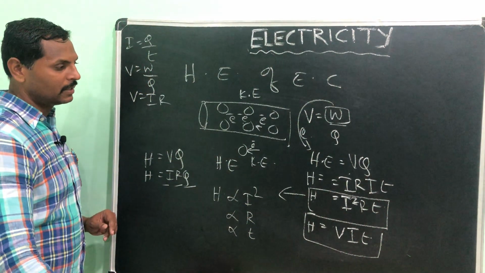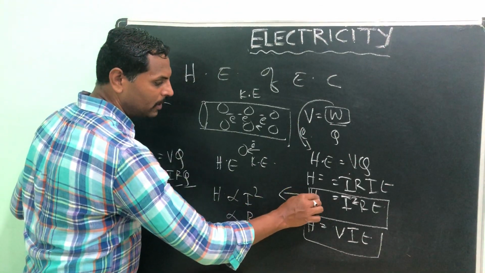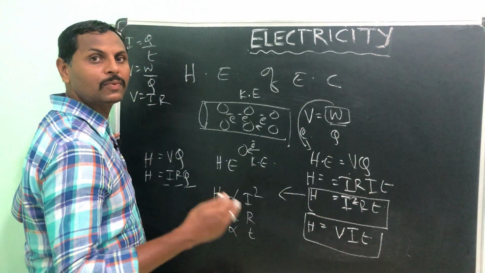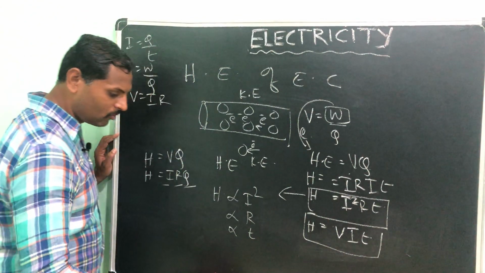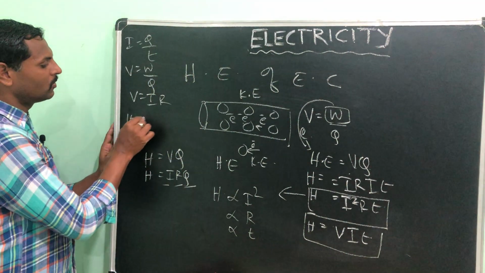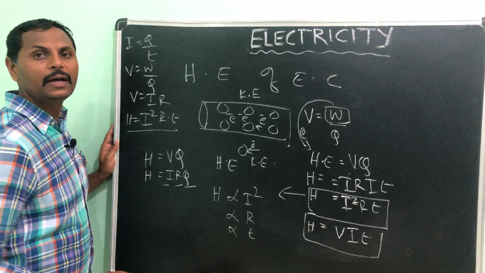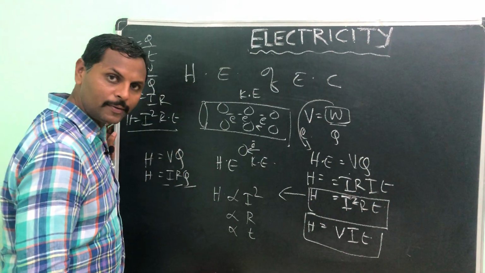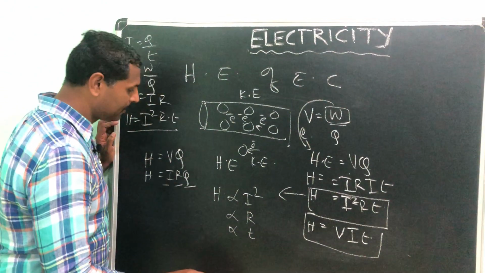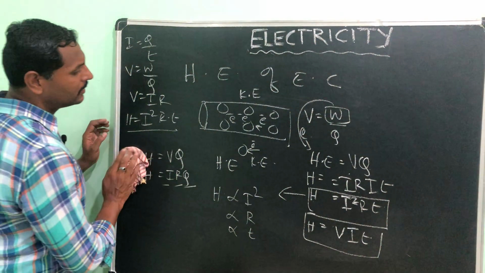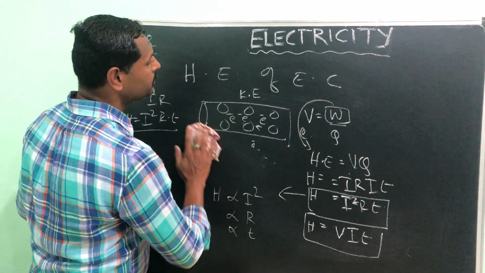Understood? Okay, then please consider this one as an important one. H is equal to I square R into T. So, you got one more formula. What is that? H is equal to I square R into T. This is the Joule's law of heating effect formula. Okay, right then. All right, next we will move on to the